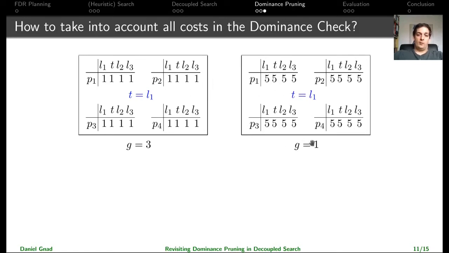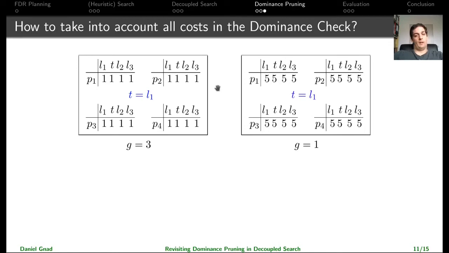So basically, although it has a lower g-value, because of the higher prices, we cannot do any pruning. This is because all member states on the left have a cost of 7, and all member states on the right have a cost of 21. So although we know that all member states here are reached with a higher cost than on the left, we